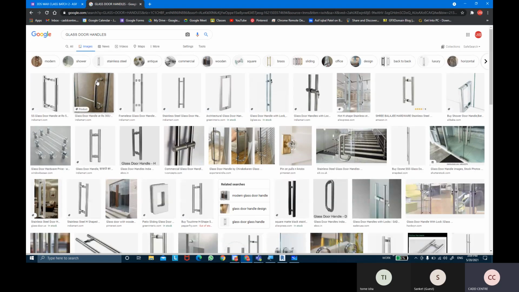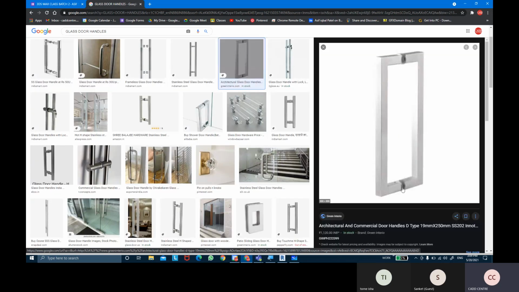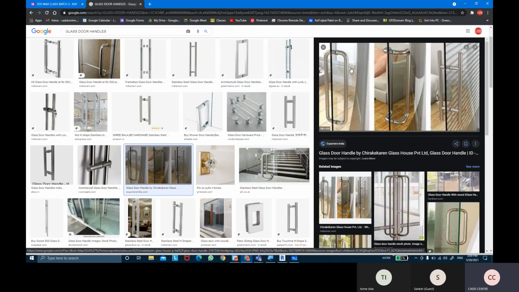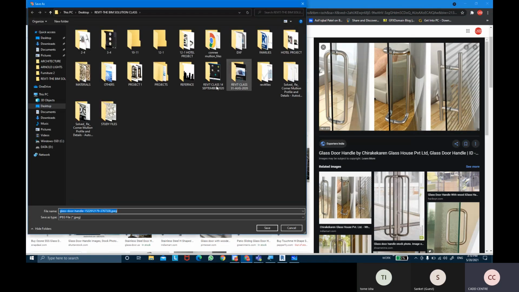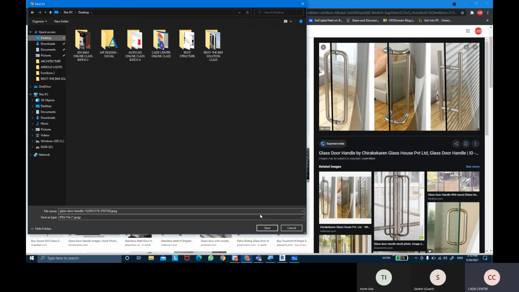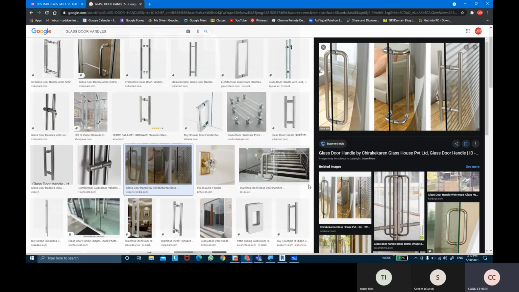You can create this kind of handle or maybe something in these shapes, or you can use pipe shapes as well, like these shapes, or maybe that shape, or maybe this shape. So you can create multiple types. I'm going to show you this type first. You can try the second and the third one by yourself. Okay, so I'm just going to save this image on my desktop just for reference purposes.